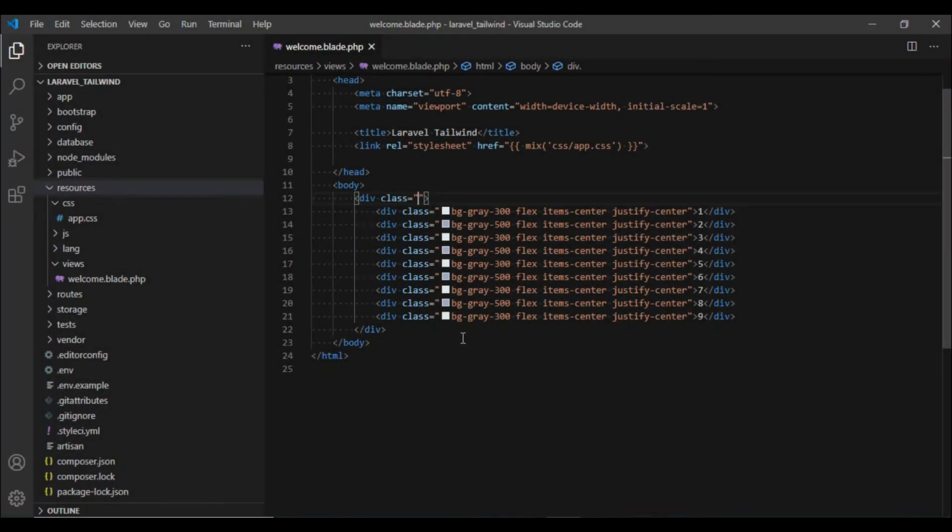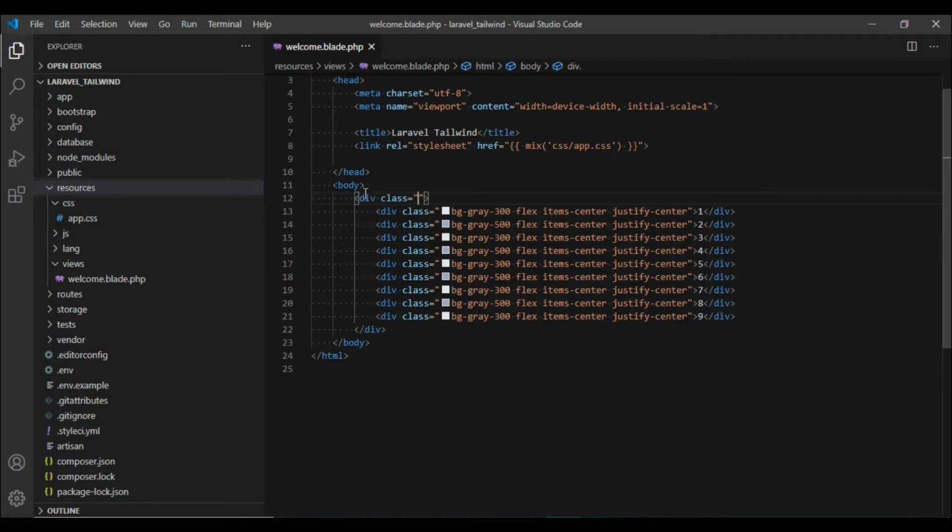Hello and welcome. In this video, we will discuss Tailwind CSS grid properties. Now, in case you are not aware, CSS grid is a powerful system which helps you to define a grid-like layout in an easier way. And Tailwind CSS even simplifies it more. So, let's see how it works.